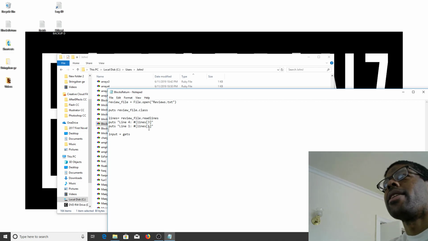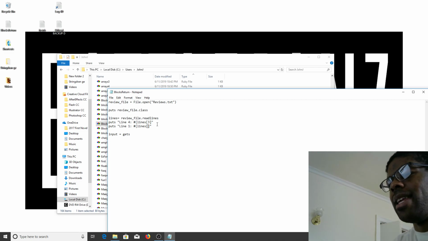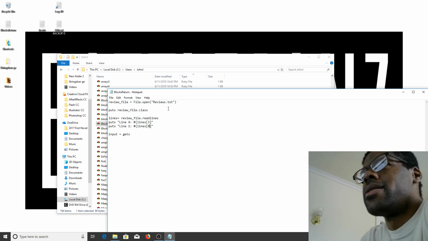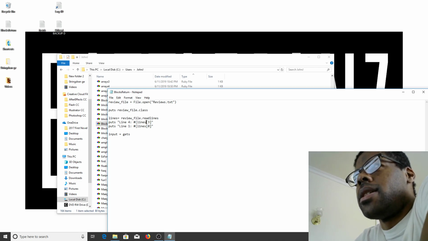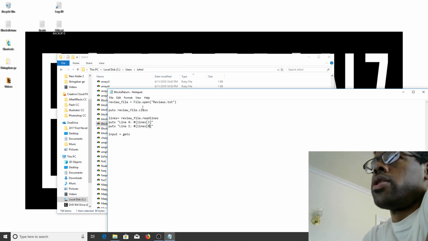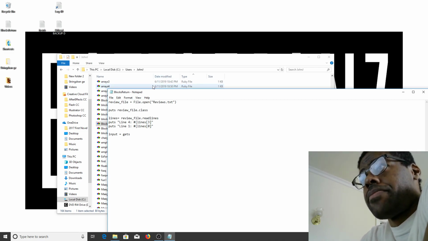Oh, okay, that's what happened. The array of lines is zero index. So if you want line 4, you need index 3, and if you want line 1, you need index 0. So anyway, this right here will read the lines of this text file, reviews.txt, and it will print each line that I want,